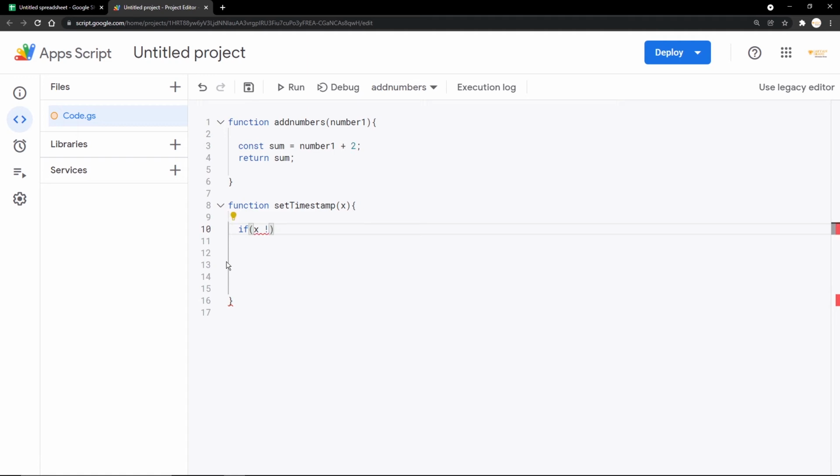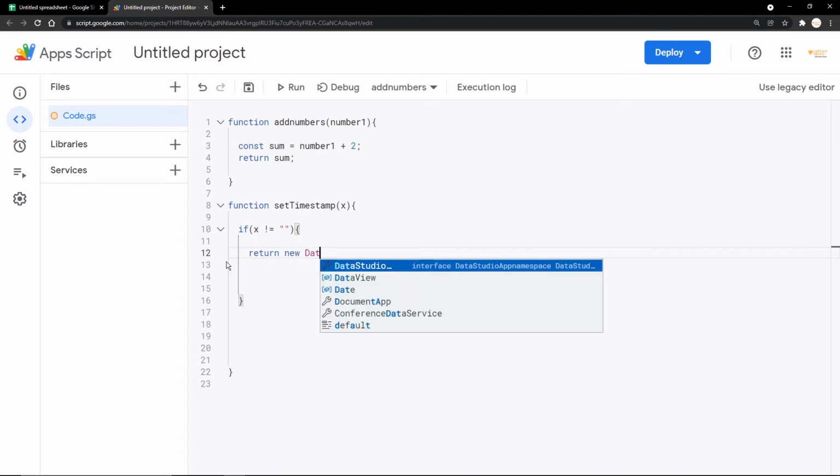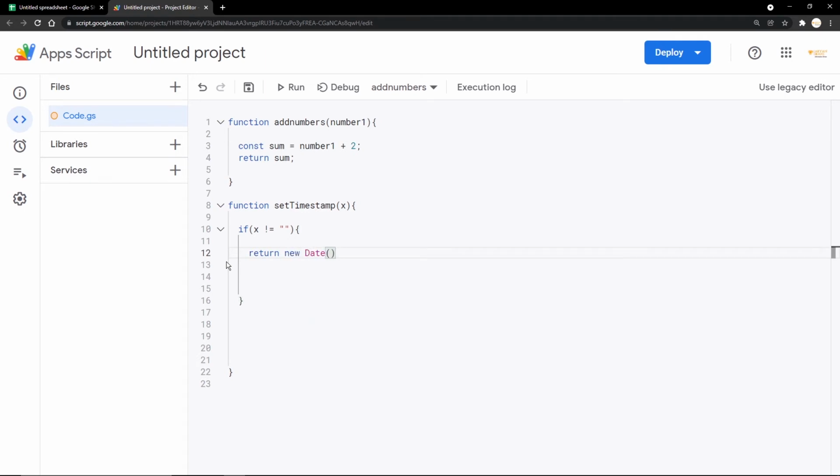So if X is not equal to empty space, then I'm going to return a new date. I'll clear the spaces here. Just click on save.